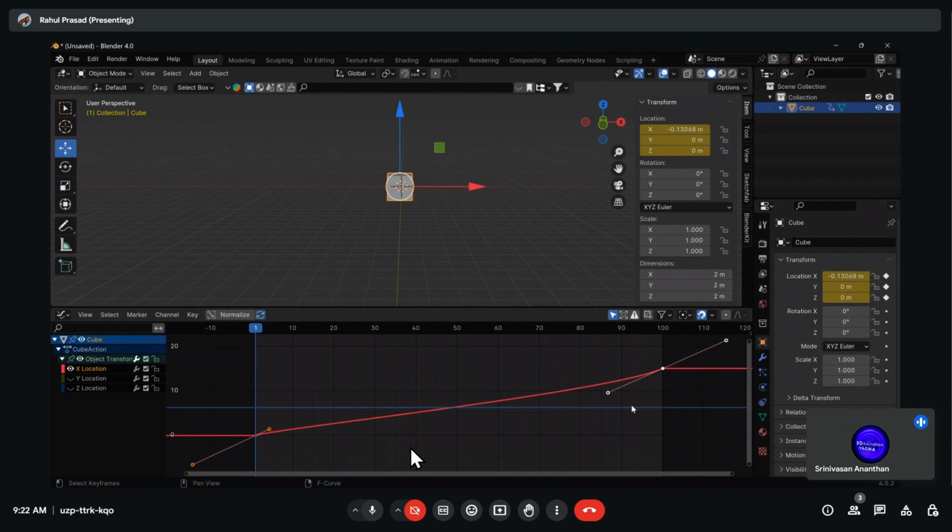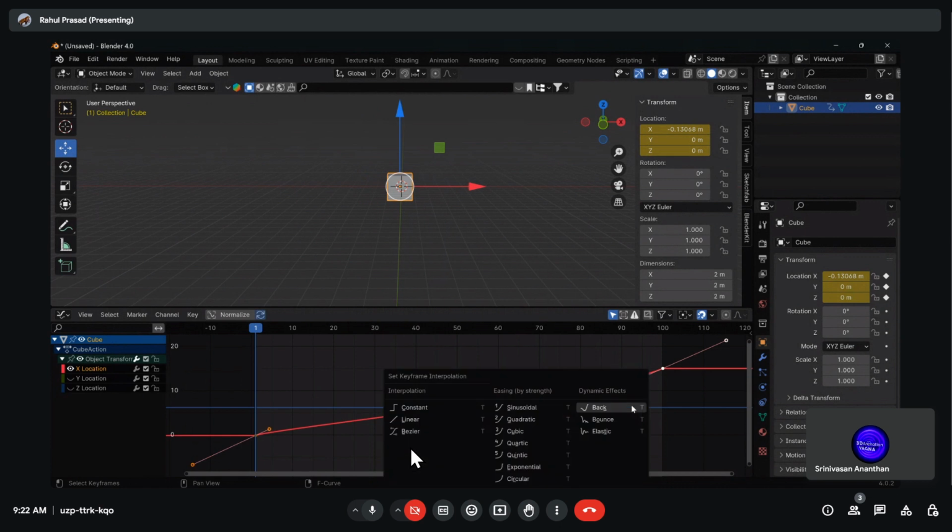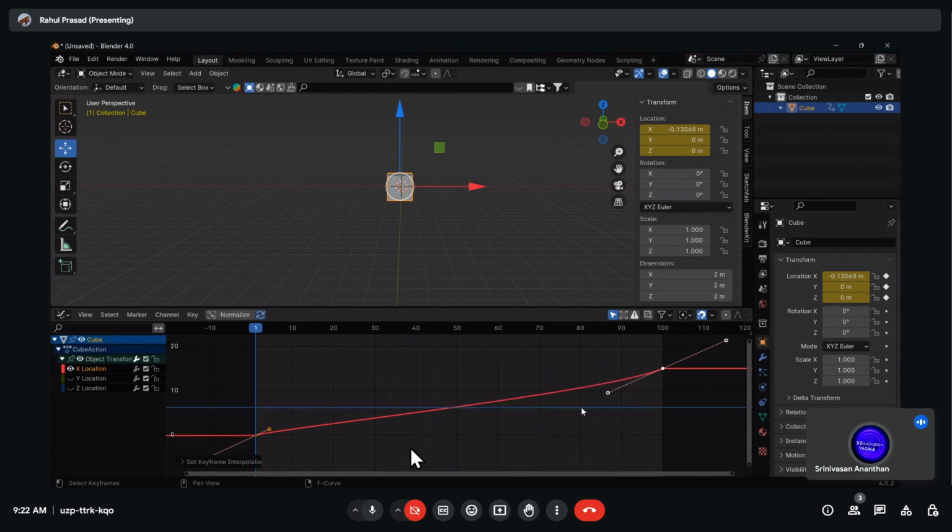How? Press T. Busier. First option. The first three options are there. Now press V. Automatic. Yeah. So now it has become default. Ease in, ease out is there. Okay. Now if you don't want this ease in, ease out, either you can move the tangent handles and make